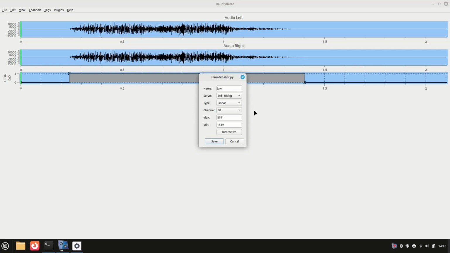We're going to use linear interpolation and assign it to servo channel S0. So this is showing how it actually mapped the table def. So this is how Hauntimator maps into the Pico pins. In real life, you would set a max and min using the interactive tab, but we're not going to do that. So we're going to save this,